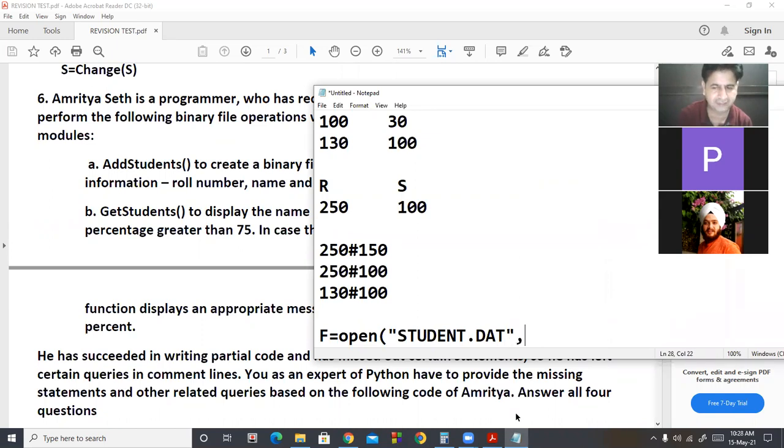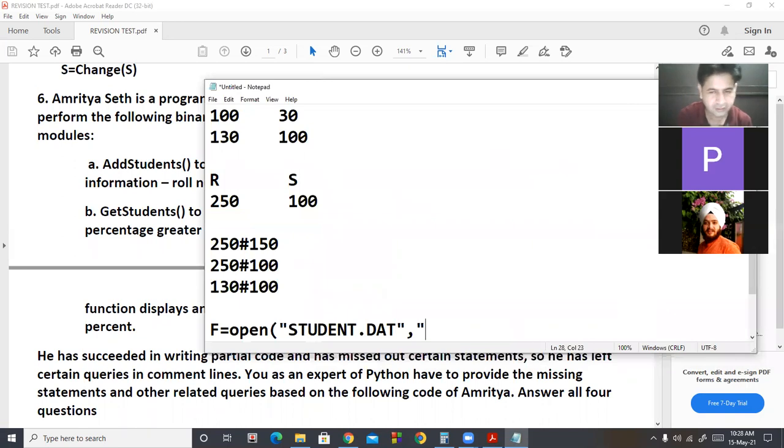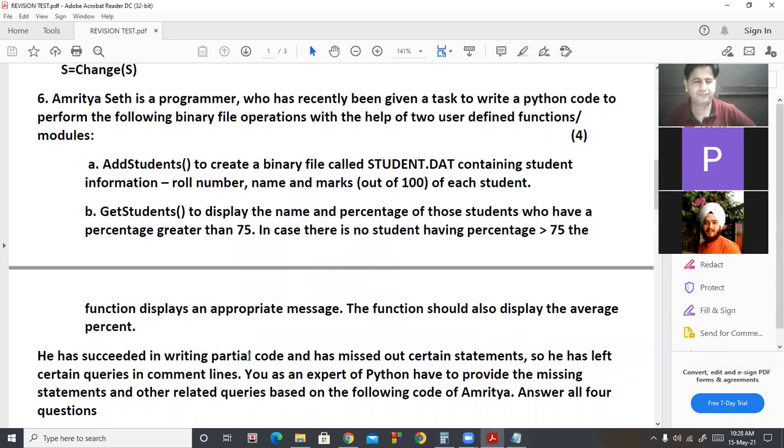This is the file name. And after that, they are saying we will open the file in writing mode. So in writing mode, it will be WB, B for binary. So this command is to open the file in writing mode.